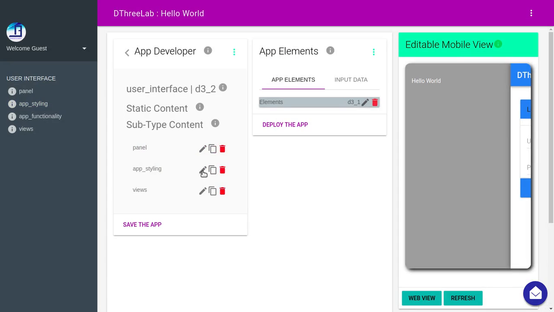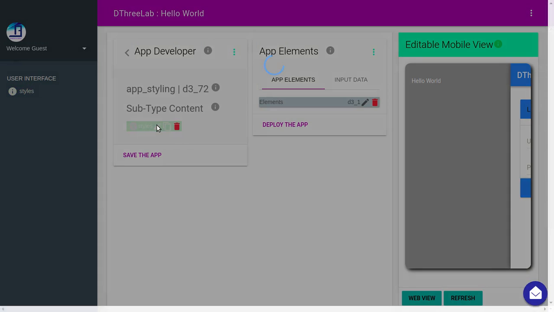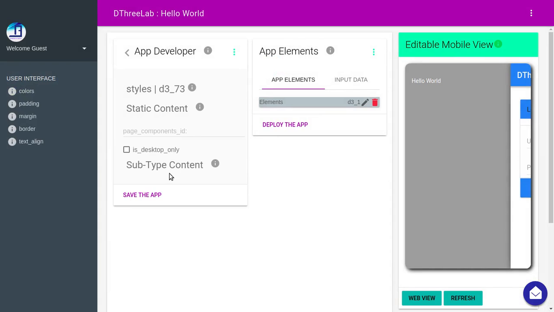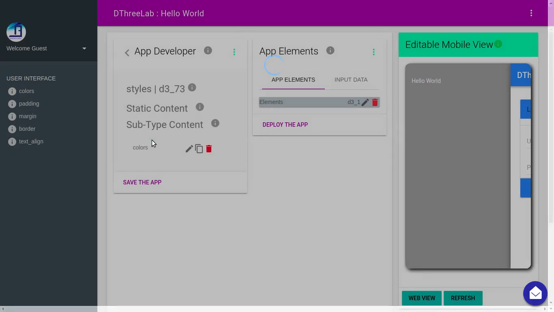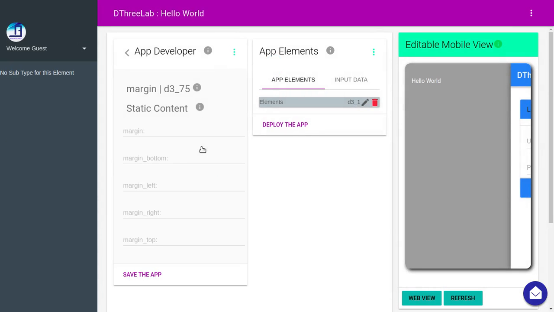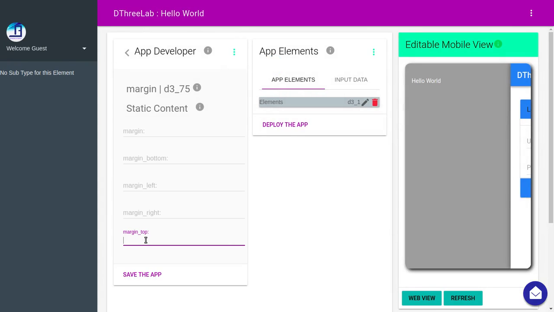I've added the app styling. In the app styling I'm going to add the styles. Inside the style I need to, suppose, change the color of the hello world. Moreover, I want to add some margin to it, so let's do it. I'm adding the margin top as, suppose, 20